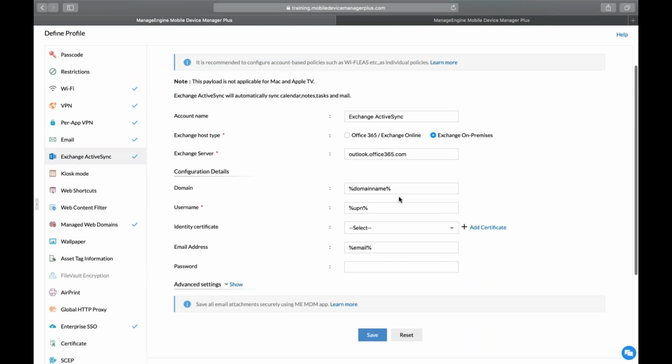So instead of the admin filling up these details manually on each and every device, using this configuration we would automatically fetch your domain name, your username, and your email address from the AD services that have been synced. And we would automatically configure the email in the devices as well. So the end user would only have to provide their password in order to get their email services working on